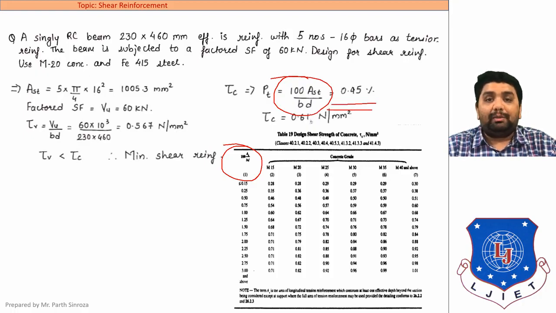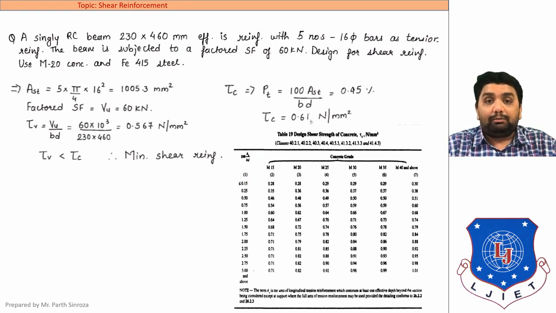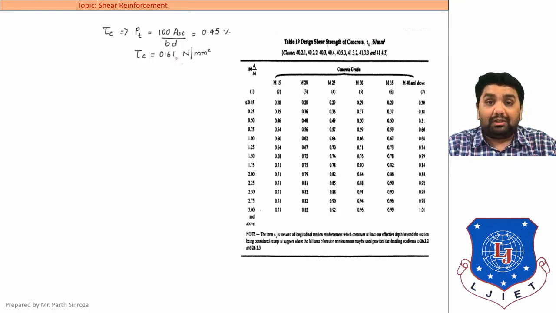The value of pt comes out to be 0.95, and as you can see in the first column, the 0.95 value is not directly mentioned here, so we need to interpolate it. Most of the students might know interpolation, some might not know what it is or how to do it, so we will look at interpolation in depth. Interpolation is a mathematical method used to find a particular value that falls in a certain range. So here we need to find the range that our actual value belongs to. Our actual value is 0.95 percent, clear?